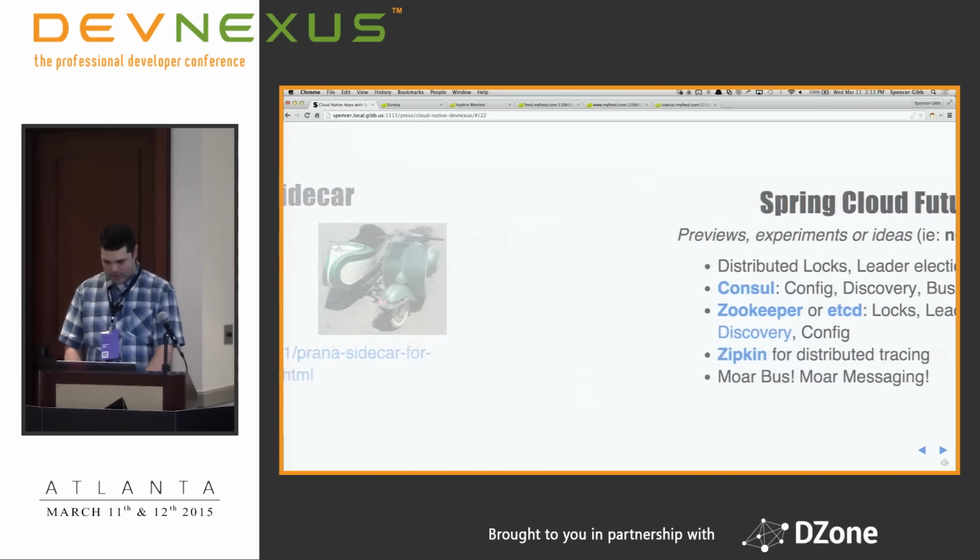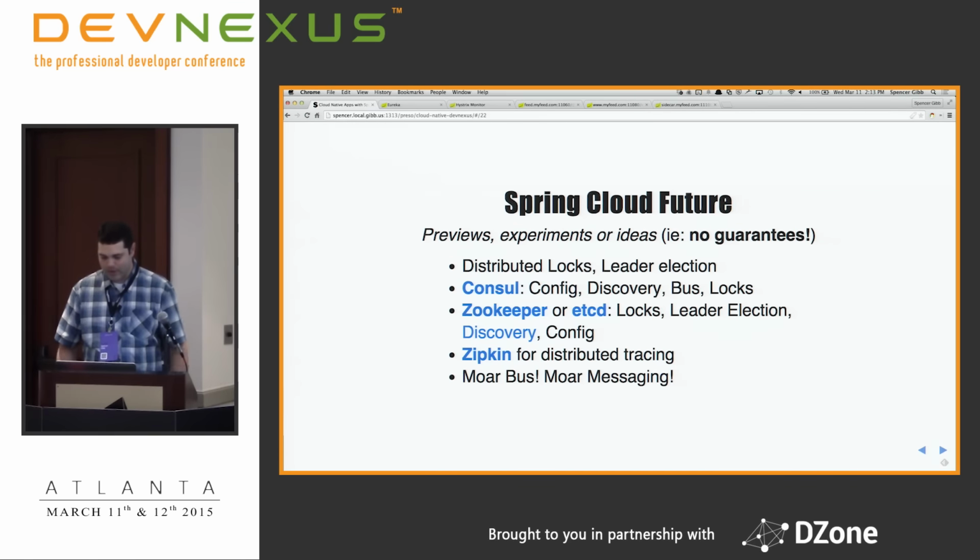So that is sidecar. Some of the things that we've been thinking about, right? We haven't made any commitments. This isn't a roadmap. This is just ideas. But doing things that other distributed systems do, like locks or leader election, potential alternate implementations.